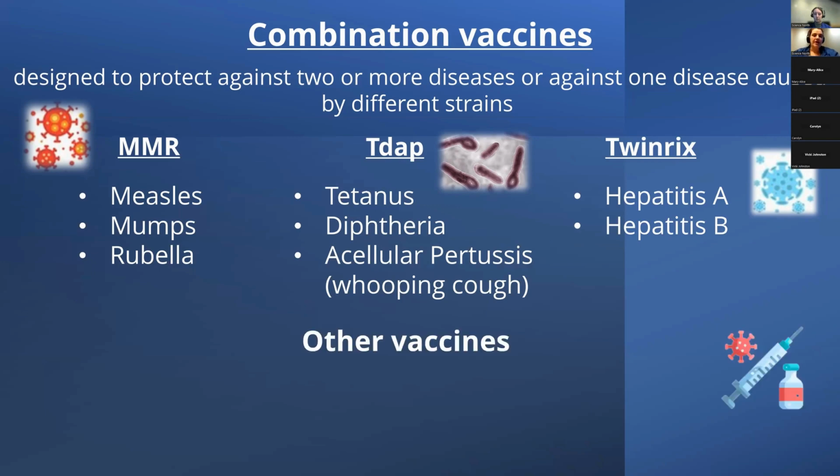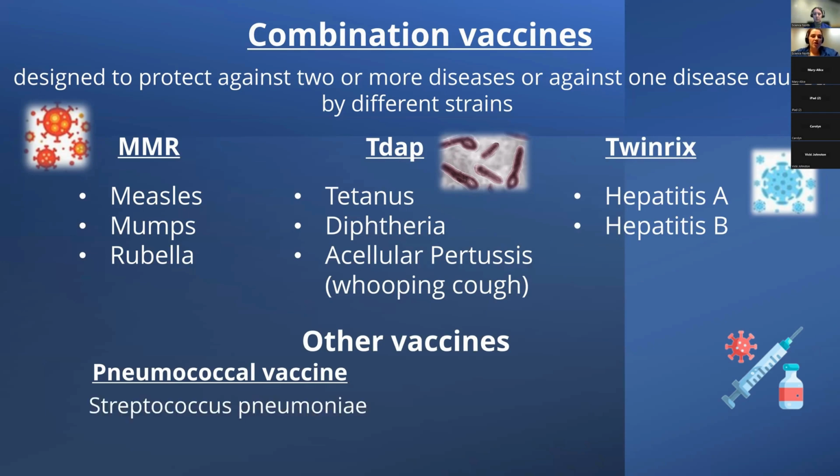Now, some other vaccines are the pneumococcal vaccine. This is recommended for those of you who are typically a little bit older, a little bit over 50 years of age. And so the pneumococcal vaccine is essentially going to protect against infections that are caused by the Streptococcus pneumoniae bacteria. And so these infections can lead to some more serious illnesses like pneumonia, meningitis, and sepsis, some blood infections and things like that as well. And so these are really recommended to help protect against those because they can lead to some more serious infections.